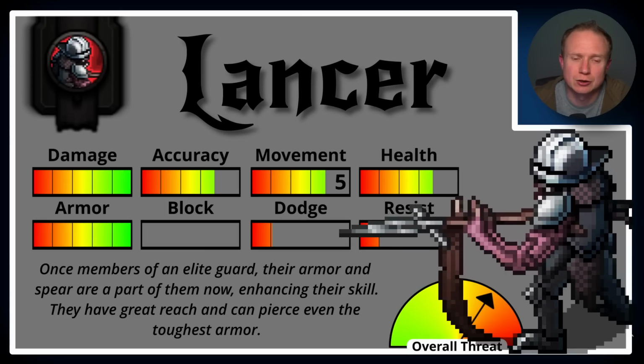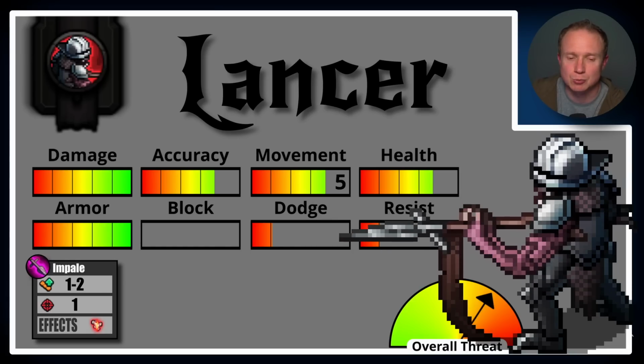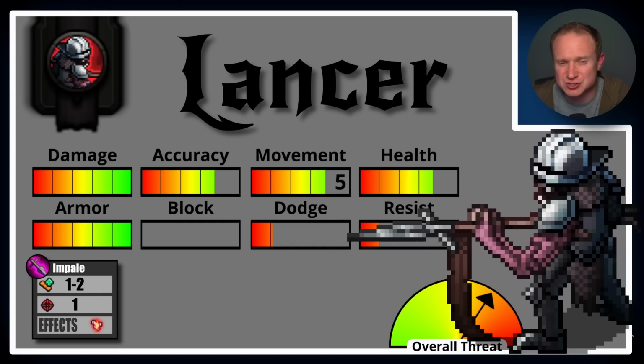No block to speak of, low dodge, and low resistance. And they are going to be doing Impale as their primary attack, which is a range 1 to 2 ability that targets one enemy and has armor piercing. And that armor piercing is really the core of what makes the Lancer's identity sing, because they are going to